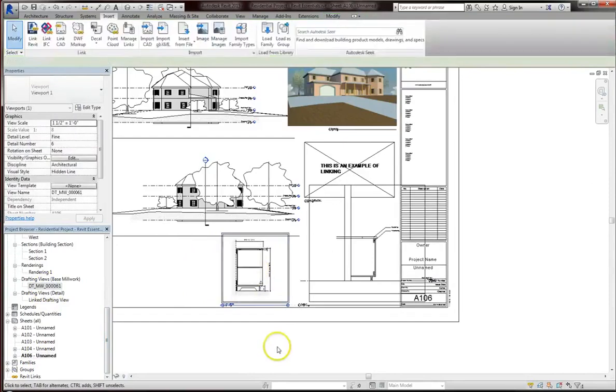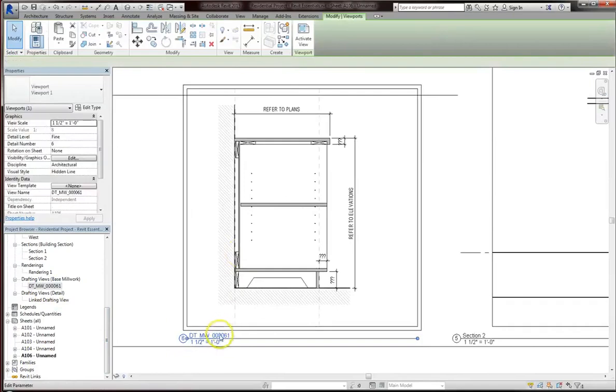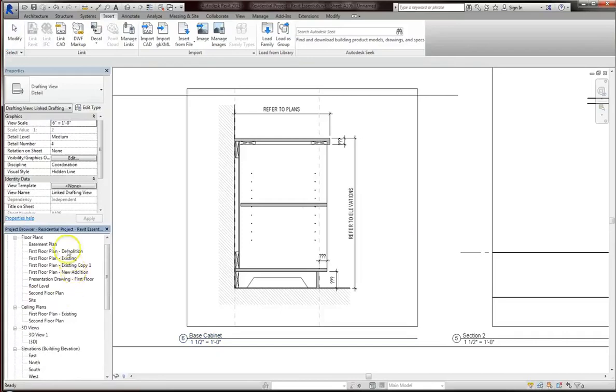So it's there on the sheet. You can see it's detail 6. And I'm going to change the name of this to base cabinet. Alright, so now that we have this detail in our sheet, if we go back up to our floor plan,